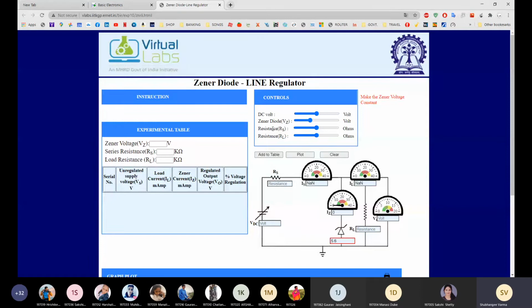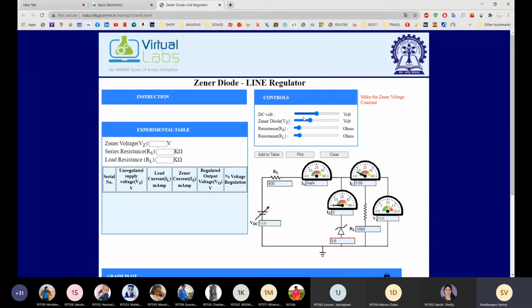Here you can see. Now we are going to set RS to 100 ohm or 500 ohm. Okay, see over here. These are the initial settings before performing the practical. RS is 500 ohm, the Zener diode is 5.6, and RL is kept at 1K. So 1K means 1000 ohms. You can see the ohms unit there. So I am keeping 1000 ohms from K, 500 ohm, and the Zener diode is 5.6 volt.